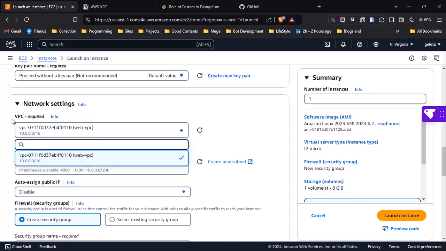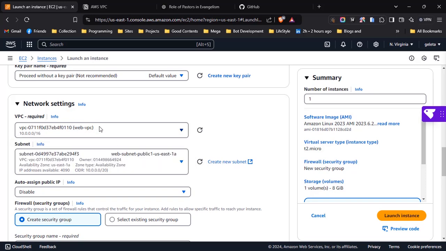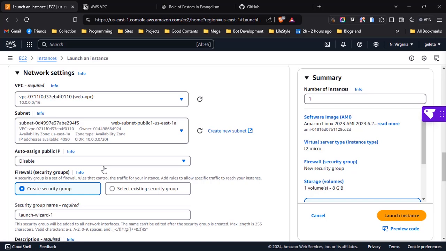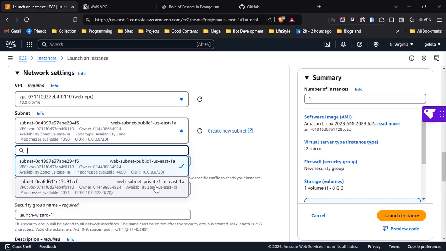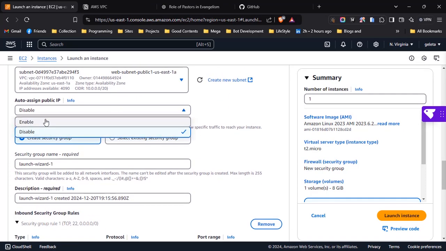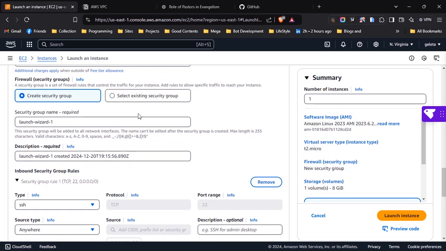As you can see, for the VPC, we want to deploy our web server in what? In our custom VPC, which is web VPC. And since this is a user facing server, a user facing application, we will choose which one? The public one. But if we are launching a database instance, the choice will be what? The private one. So we will choose the public one. We will enable the auto assign public IP, and